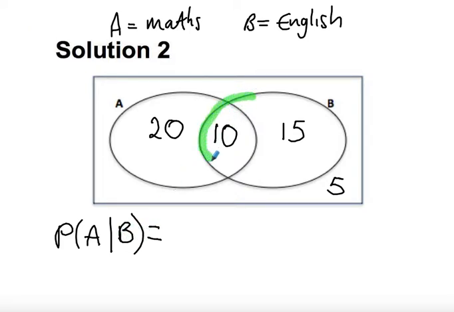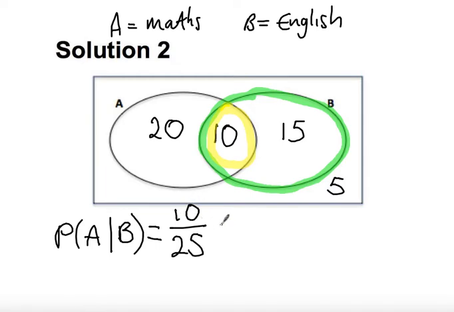So if they study English, what we're looking at are these 25 students inside of B. I can ignore the other 25 students. Okay, so in that case, I know my probability is out of 25. And then, looking at the probability of whether they study maths, given that they're in this small section of students, that is then the following area, which is just this section here, which is the 10 students, so 10